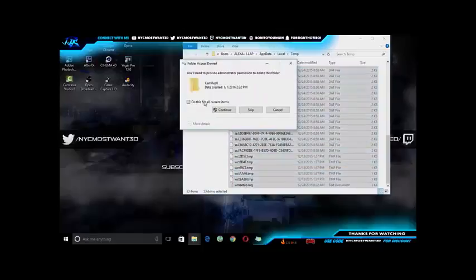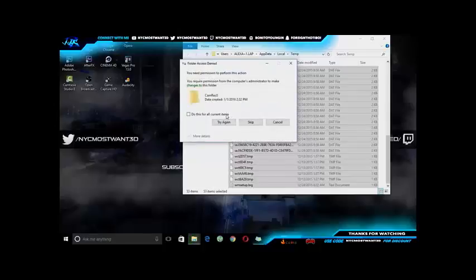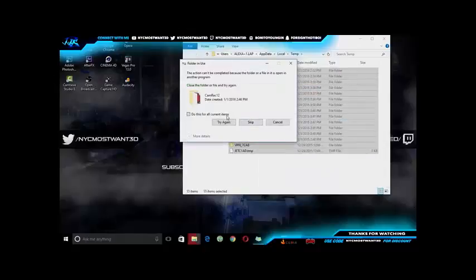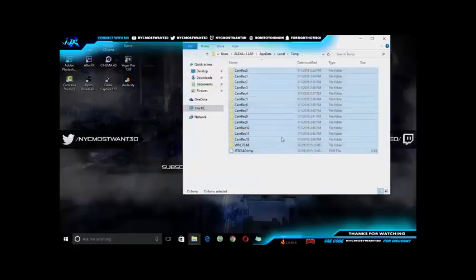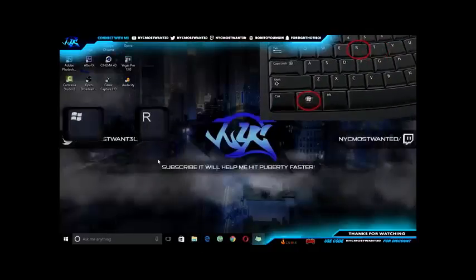If the computer feels like it might harm itself, it won't even delete it. Just press do this for all current items and just click skip. So this does not harm your computer in any case. This is just deleting any temporary files that it doesn't need, and if it does need it, it doesn't even delete it. So I'm just gonna exit out of that and open back up the Windows key again and type in